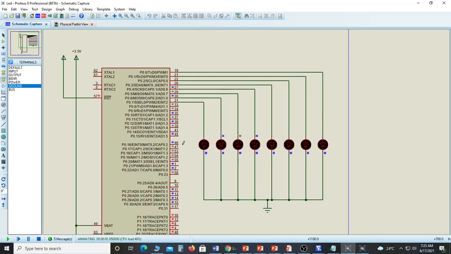Once you click on run the simulation, as in the program 8 LEDs are connected to P0.0 to P0.7, and delay also we have given. We turn on and turn off the LEDs. So you can observe here the yellow LEDs, for some time they turn on, for some time they turn off. So it means that the program which you have written is correct, and in this way we can interface LED with LPC2148 in Keil